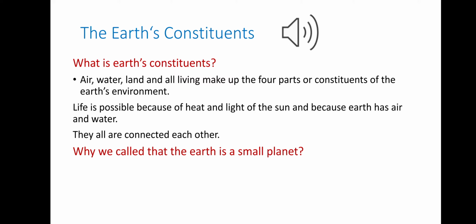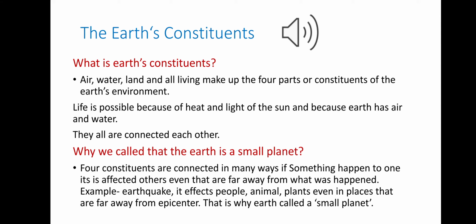Now, why do we call the Earth a small planet? The Earth is a small planet because these four constituents are connected in many ways, and if something happens within one constituent, it will affect even places that are far away from what happened in the other constituent.